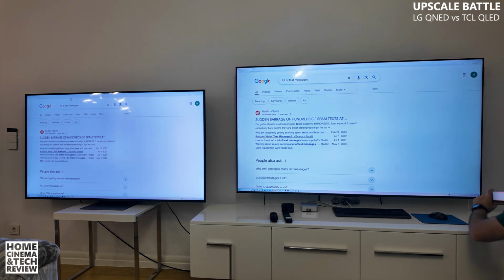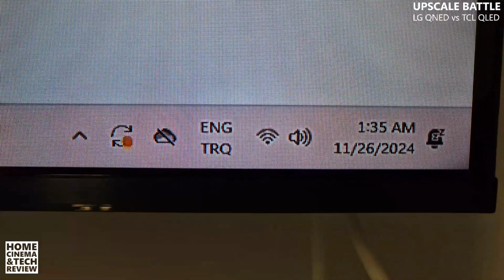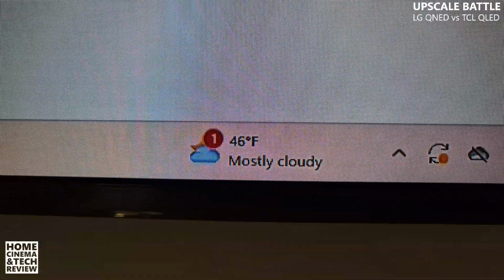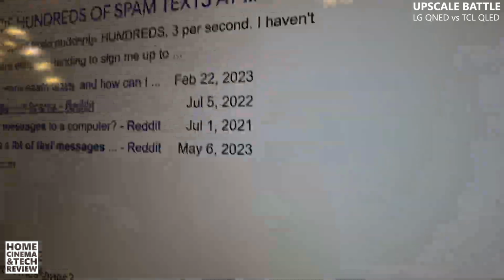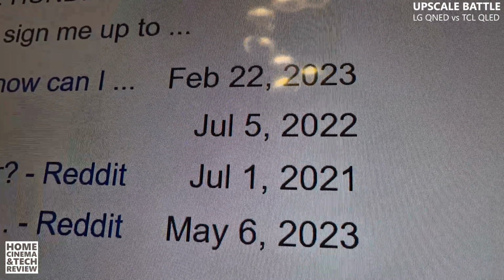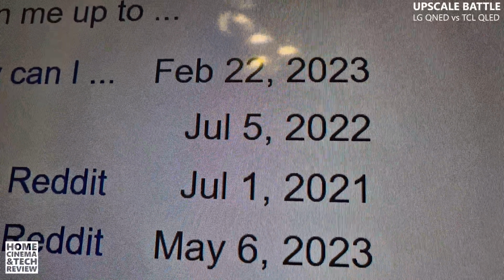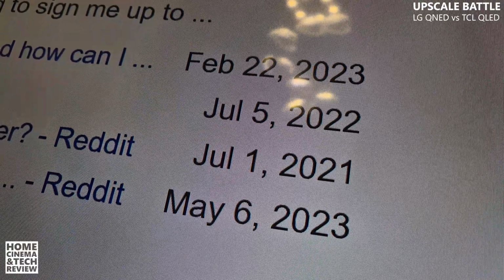This is the TCL 4K. As you can see around the corner, everything is sharp, every text, the "mostly cloudy", everything is pure sharp. And around here we got every pixel possible. So you can't see it. It feels like paper, especially from a distance. And I know you're seeing some pixelization because of the sensors of smartphones, but basically you can't see a mistake on the